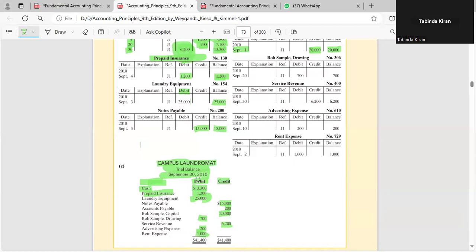Now what you have to do, you have to sum all the debit amounts, and in this particular case they amount to $41,400, and you have to sum up all the credit column, and it gives rise to the credit amount, that is 41,400. In all the situations, the unadjusted trial balance must be equal. The debit side must be equal to the credit side. If it is so, it means you have somehow आपको एक अश्योरिटी मिल जाती है कि आपका ट्रायल बैलेंस ठीक